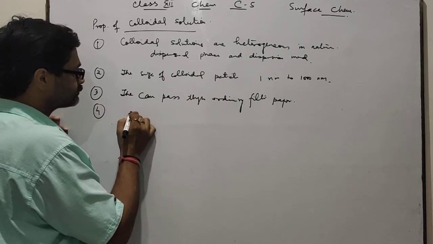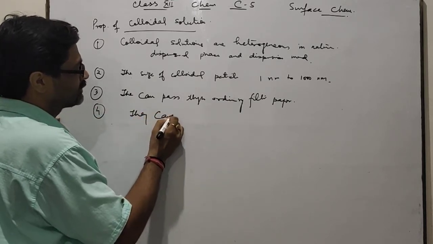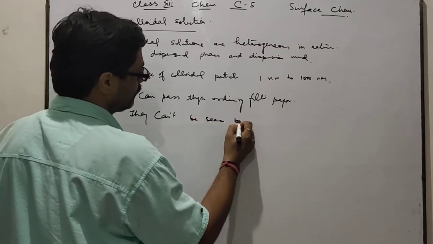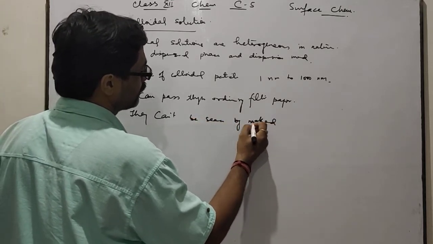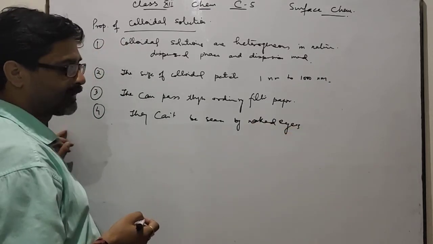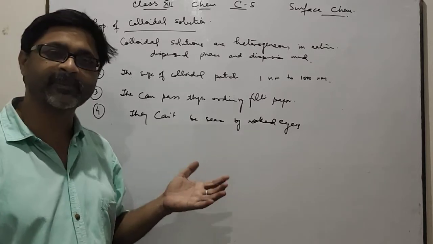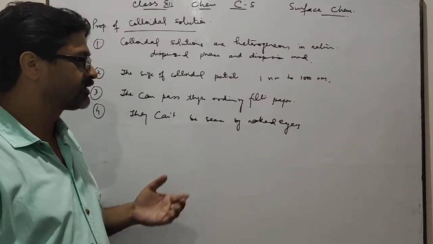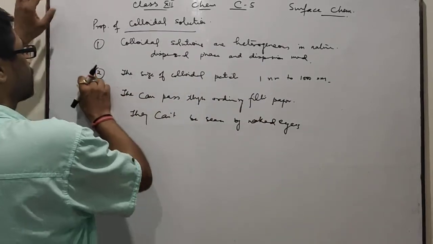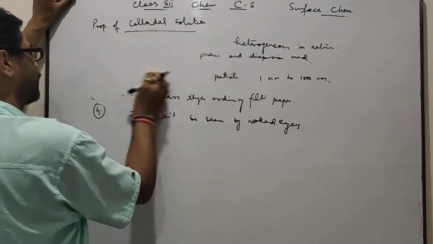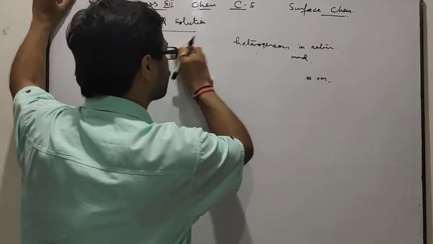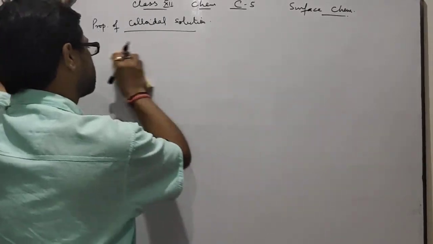Fourth, they can't be seen by naked eyes. We are unable to see these particles with naked eyes. With the help of an ultramicroscope, we can see these particles. Okay. Now I am going to discuss some other properties shown by colloidal particles. These properties are: